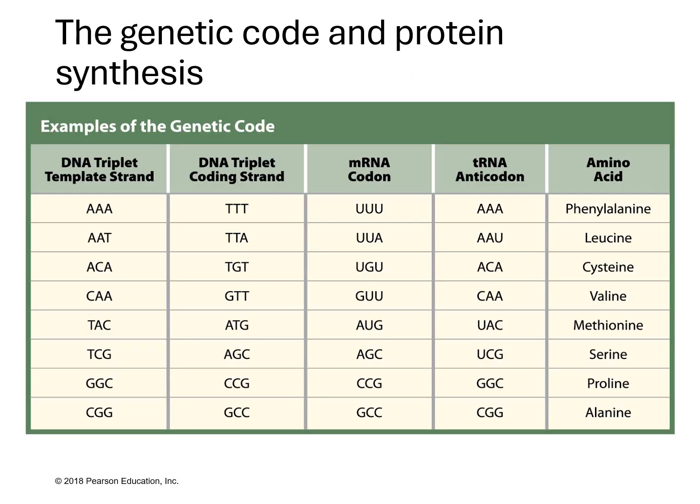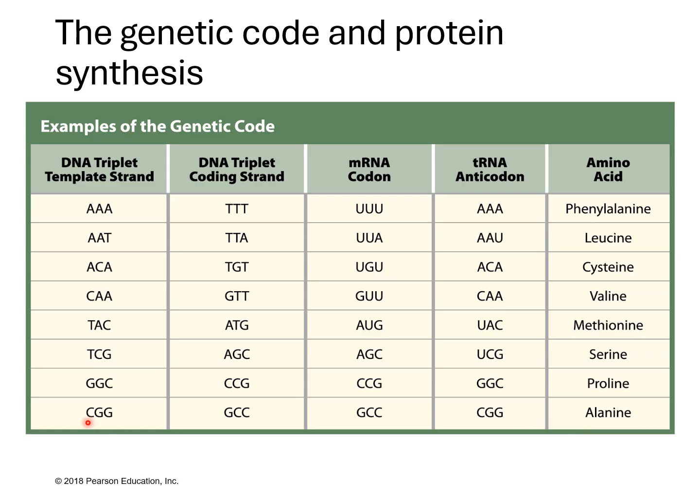So just for example, these are some of the genetic codes in protein synthesis. You have AAA we talked about, and that can code for TTT, and then because there's no T's on RNA, those T's get transferred to U, and that will code to phenylalanine. So all of these different codes are for specific amino acids. We're not going to look at them or memorize them at this stage, but just to give you an idea,